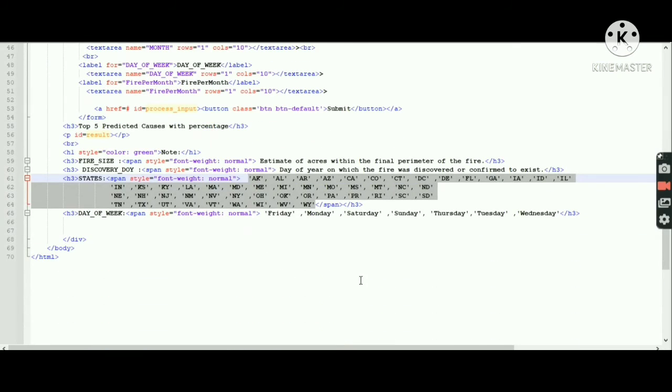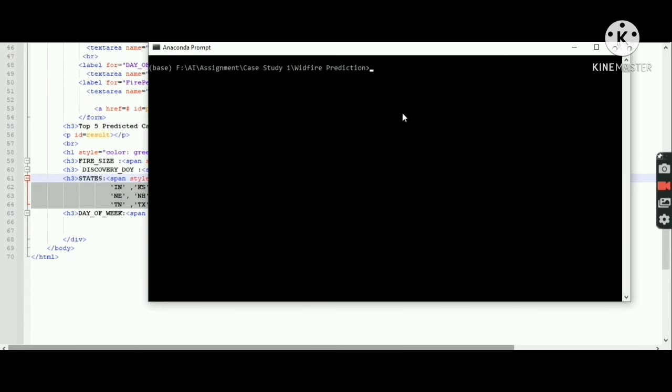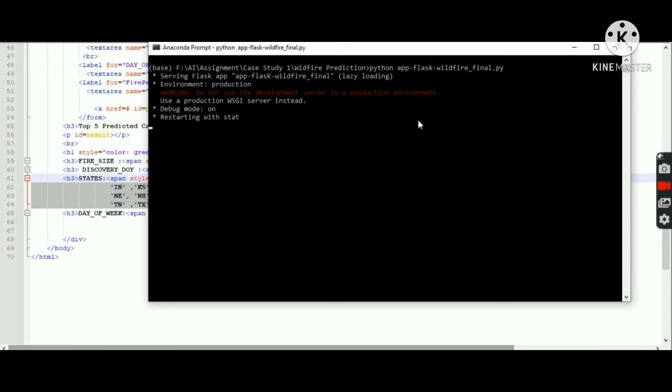So let's go to the Anaconda prompt and run our Python Flask application. Press enter. Now your laptop will behave as a server, and you can use this port to access the web page.